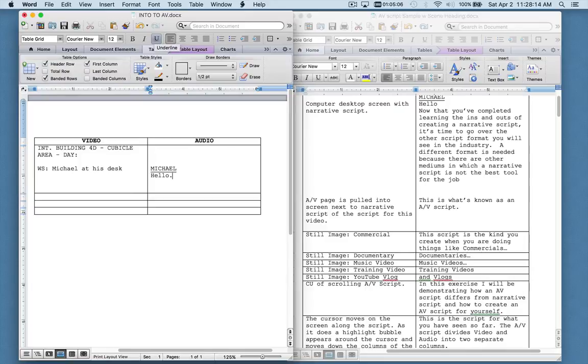Because this type of script is shot centric, anytime you want to change the shot, you need to move it to a new cell. So in the first shot, we had a wide shot. Now we want to move in on the subject. So since you already have a cell available, under video, you tab to it. Since you are still in the same location, you don't need to do a new scene heading. Just type in the shot and what is being seen. Then tab over and put in the